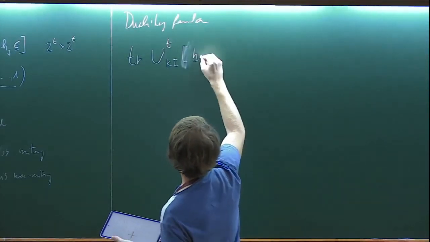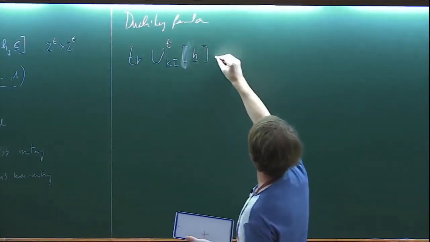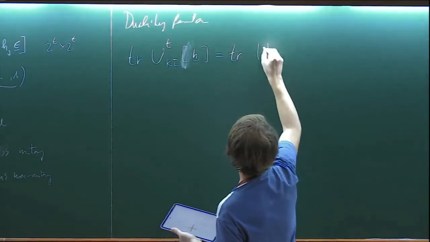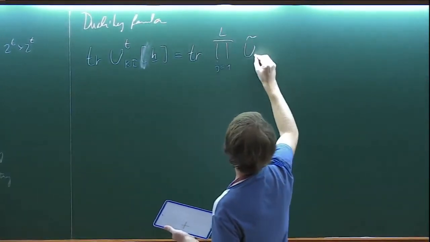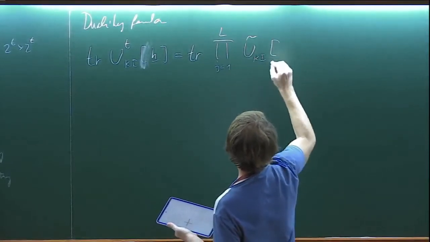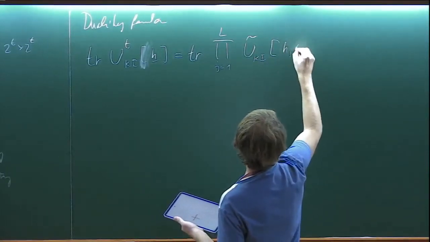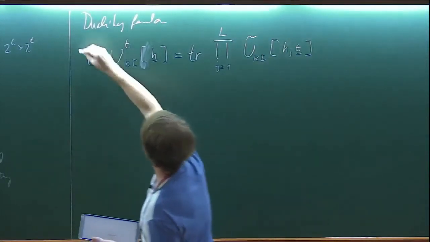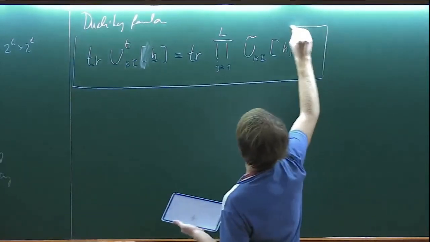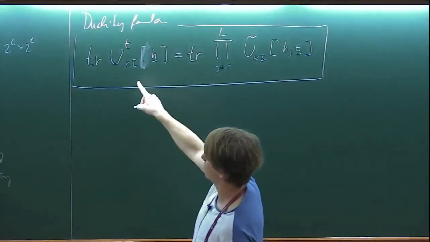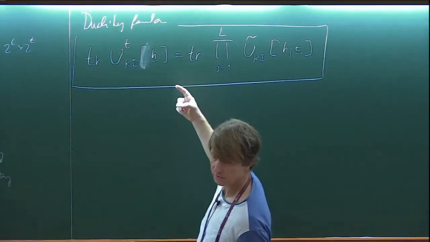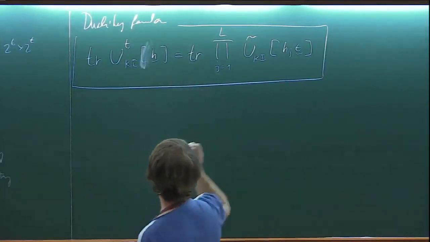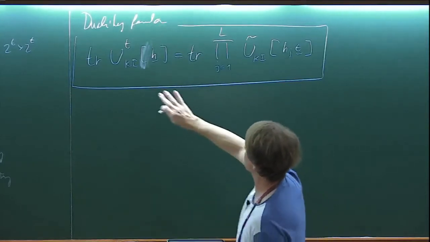Which depends on a set of disorder parameters. I can write it as a trace of a product, j goes from 1 to L, U tilde, U_KI of h_j epsilon, right? So now that's just a contraction in time, and this is a contraction in space of the same partition function, yeah? So you see, the structure of this